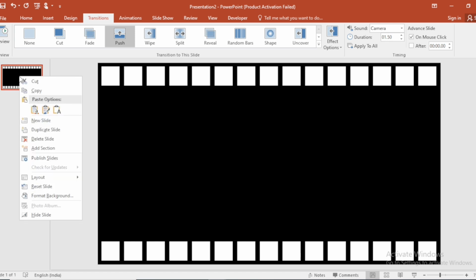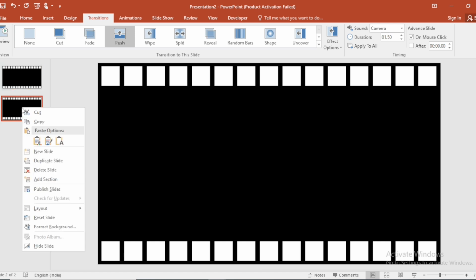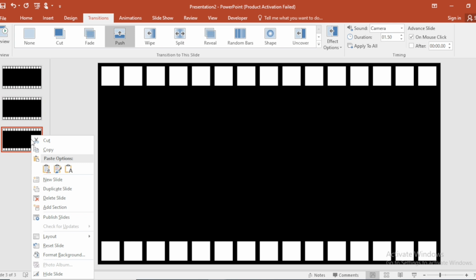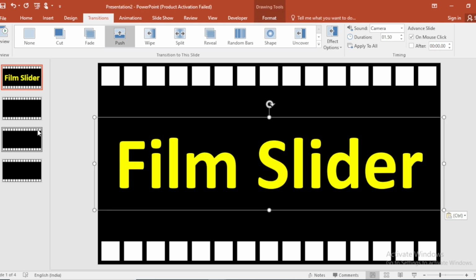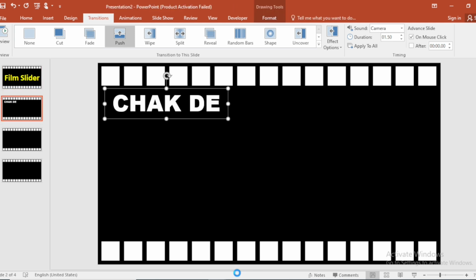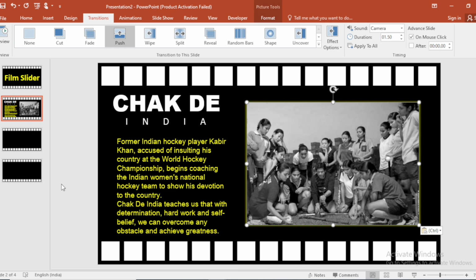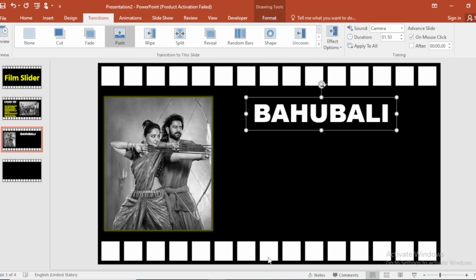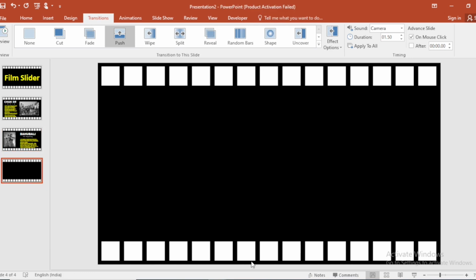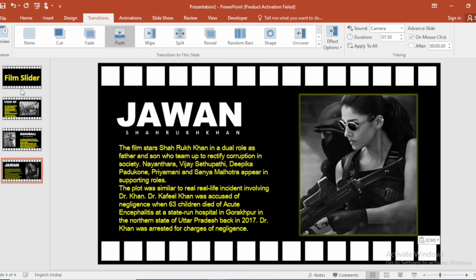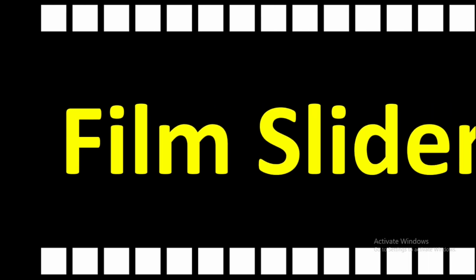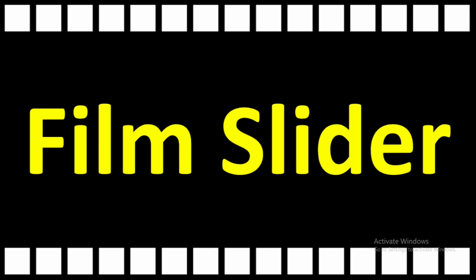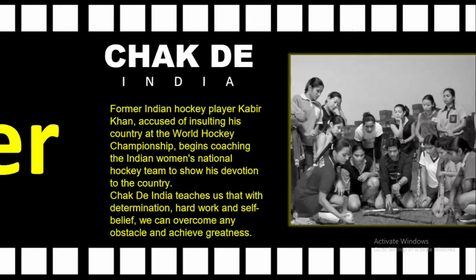click on right button, make 3 duplicates, go to first slide, add different movies content on each slide. Now click on slideshow. In today's video, you have learned how to make a film slider in PowerPoint that will